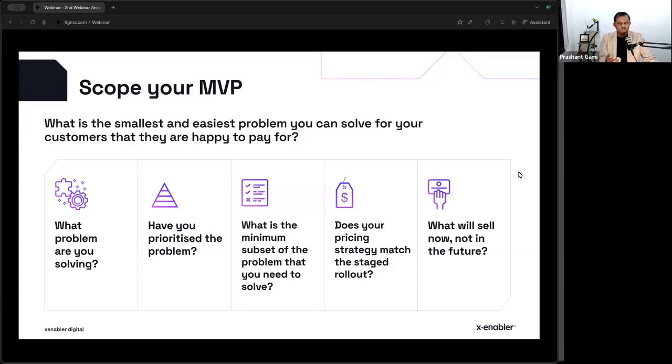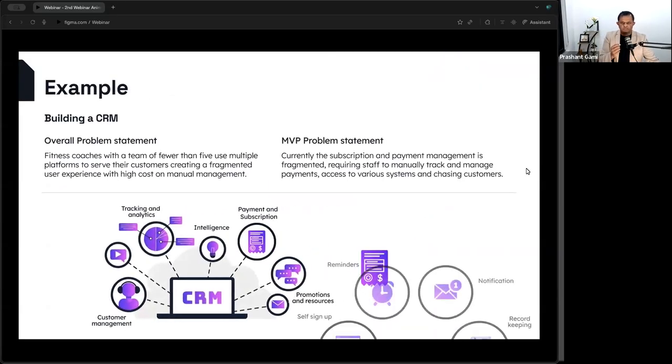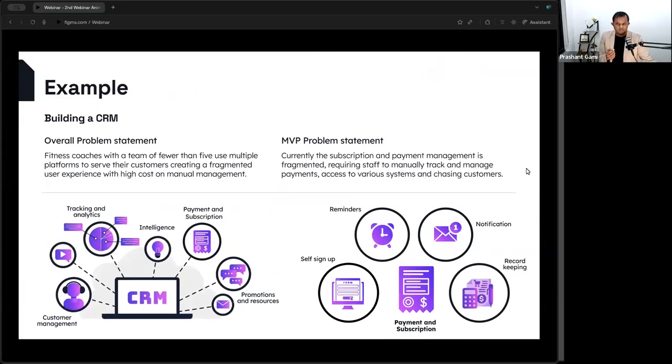But if you are selling vitamin, you need to sell the dream, you need to sell the future, you need to sell the better version of themselves that they cannot see at the moment but will come in the future. So this will also determine your sales strategy. So let's go through an example. And as I was saying, CRM is a very good example.